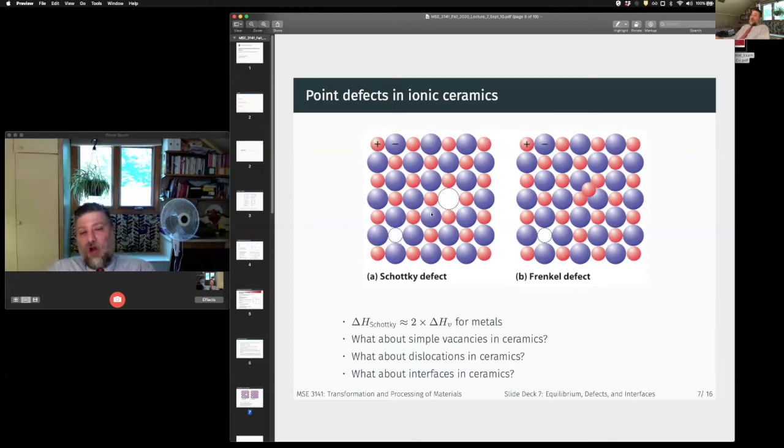And so for homework, I ask you to calculate the equilibrium concentration for Schottky defects, knowing that the enthalpy to form these is roughly about 2 times the enthalpy of formation for a vacancy in metals. So that means generally we're going to have a smaller population of point defects in ceramics than we do in metals,